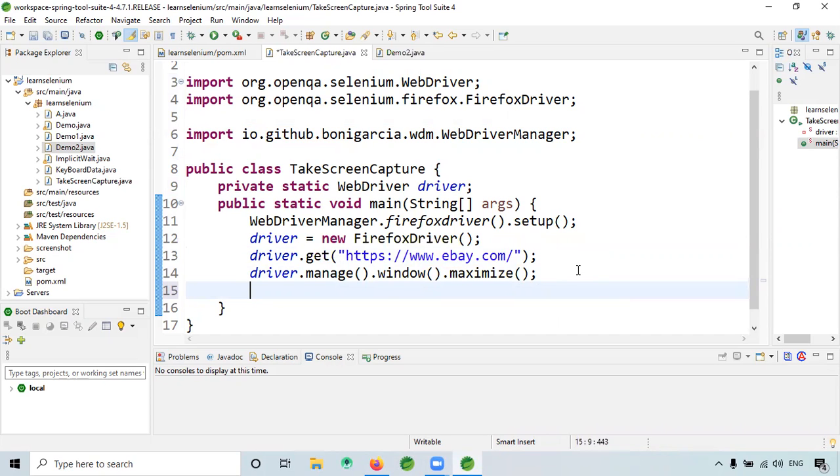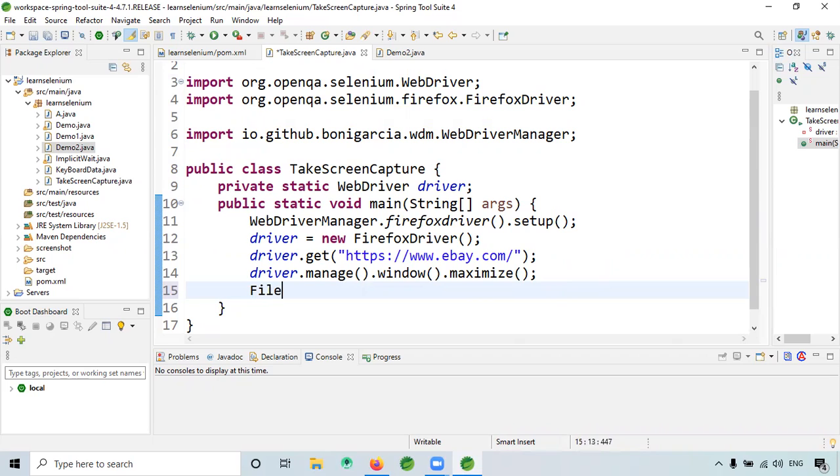So how to take the screenshot: screenshot within the brackets, driver, get screenshot as, output type dot file. That is the code actually.